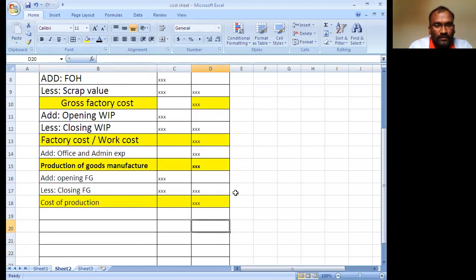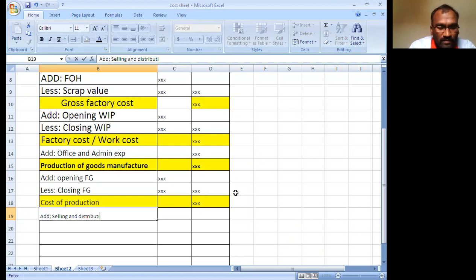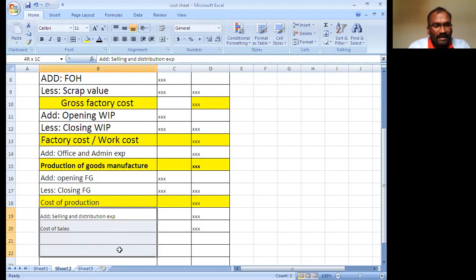After that, you add selling and distribution expenses. Now you get the cost of sales.